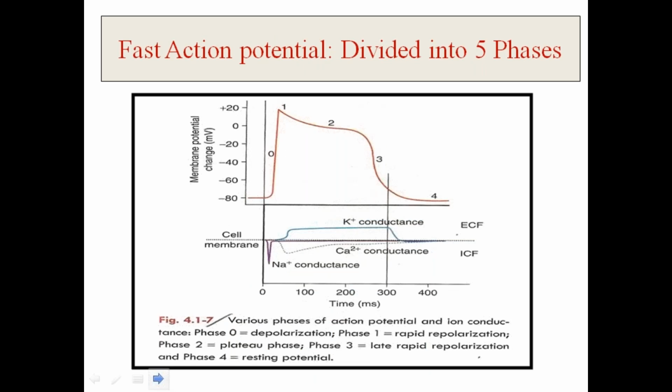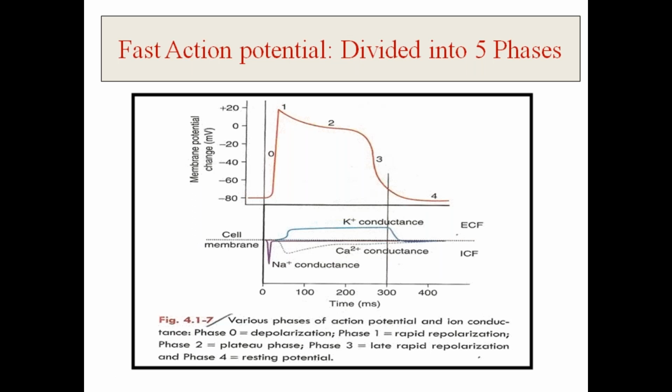This is the diagram of fast action potential, which you will get whenever you stimulate atria or ventricle. Here you can see there is a rapid phase of depolarization, and repolarization is happening in steps, in phases: phase 1, phase 2, phase 3, phase 4. Phase 1 is the initial repolarization. In phase 2 there is the formation of a plateau; repolarization is somewhat delayed. Phase 3 is the rapid repolarization in the later phase.